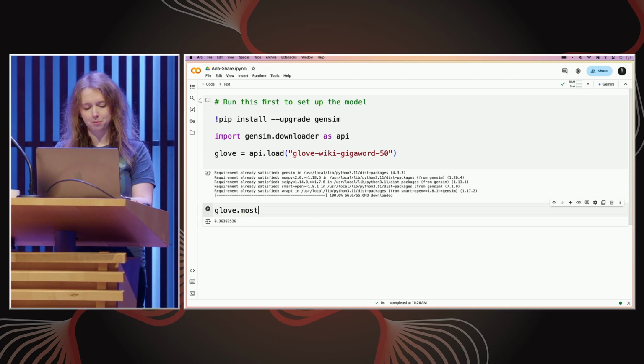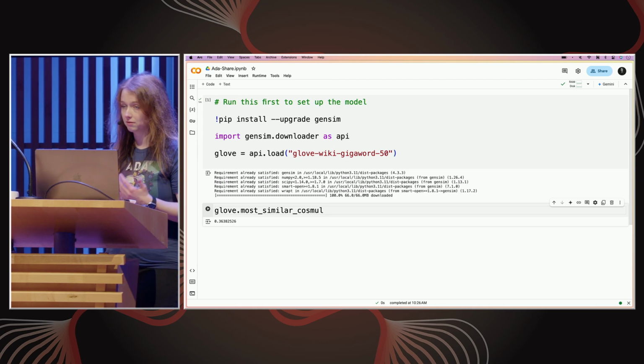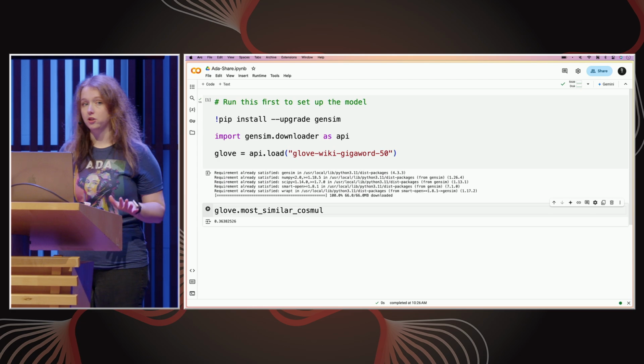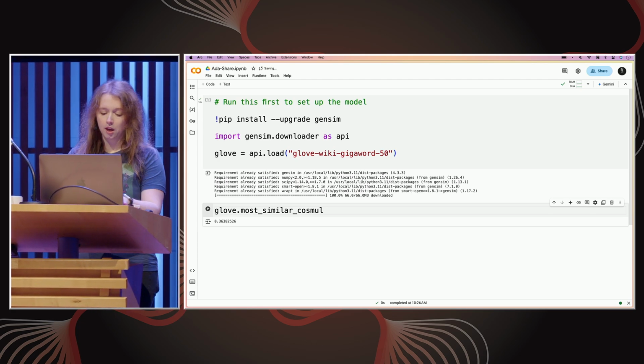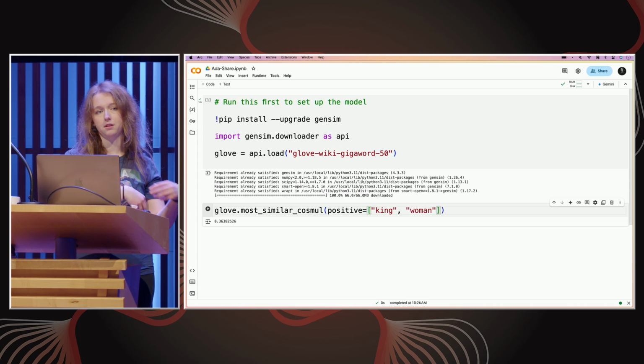And the cool thing about the model is it comes with the most_similar_cosmul function. Cosmul is short for cosine multiplication. I'm not going into detail. And this function takes positives and negatives. Positive is king and woman, because these were the things that we are adding in the equation, sorry.